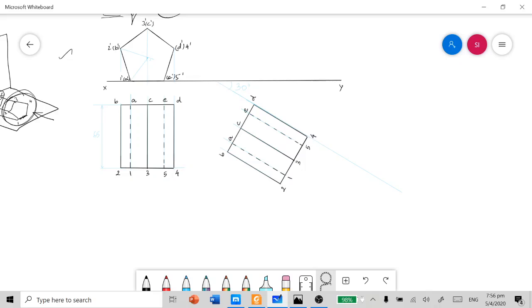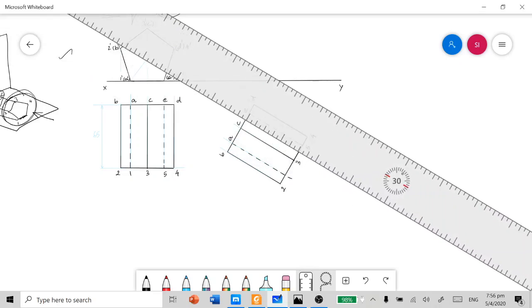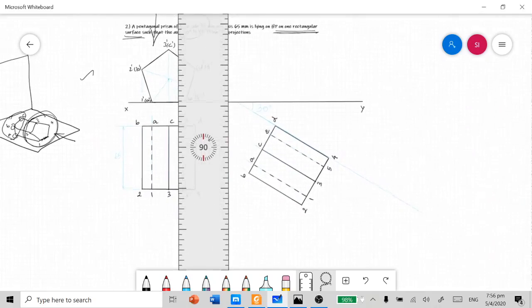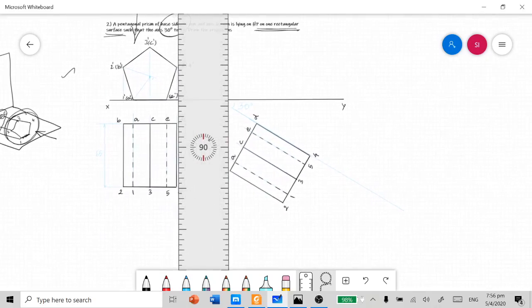Now, as usual, you have to draw the projectors from each and every corner of the solid towards its front view area.